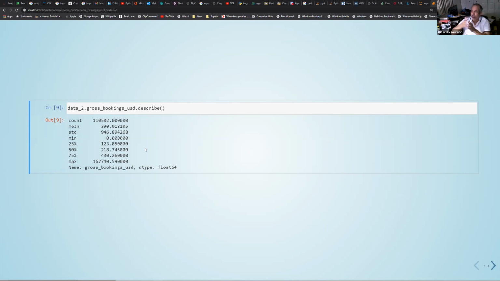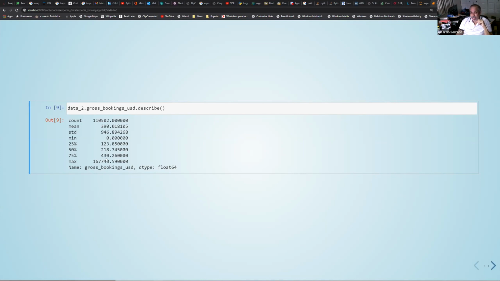So we're going to split that continuous variable into 4 buckets of equal size for this data set. And as you can see, there's a maximum value, which could probably be a mistake or something, but we don't know. There's a value of $167,000 for a booking on a hotel. Who knows? Maybe it's in Abu Dhabi or one of these luxury cities.